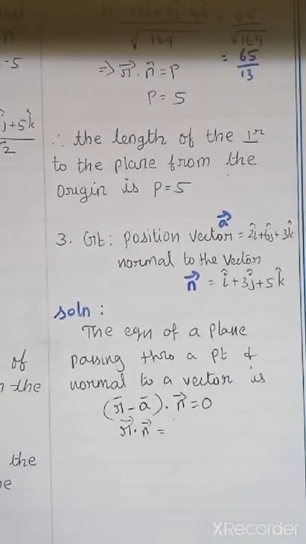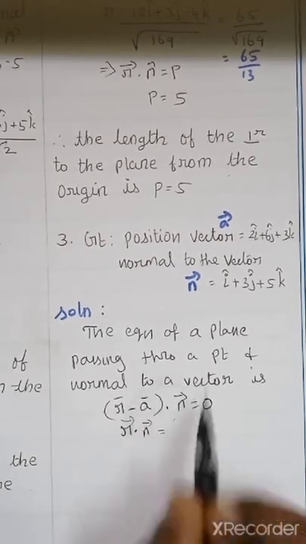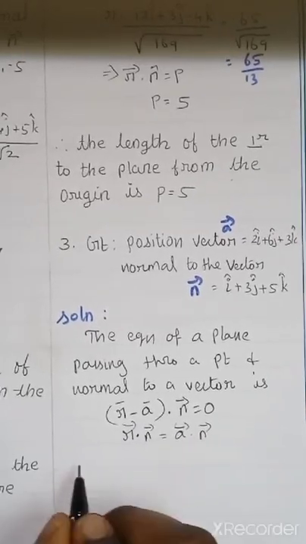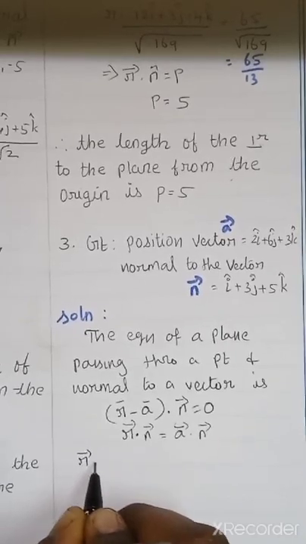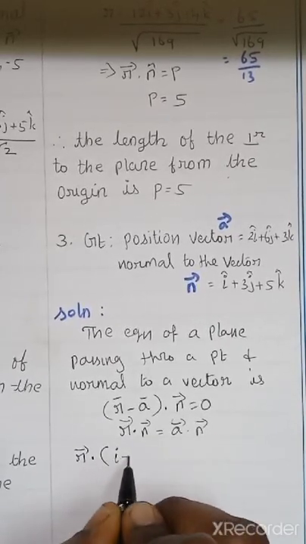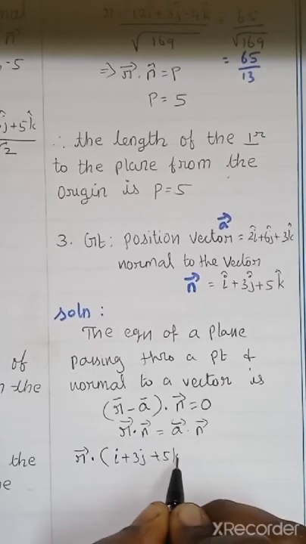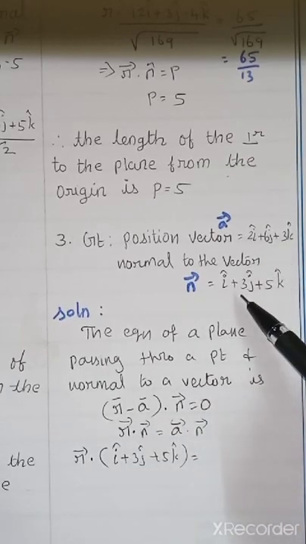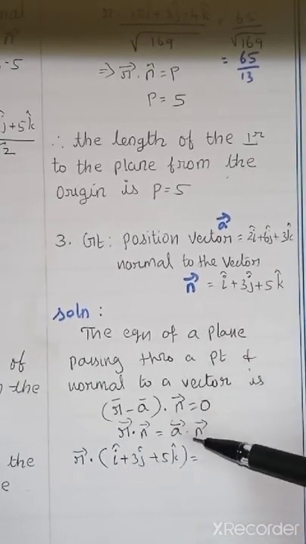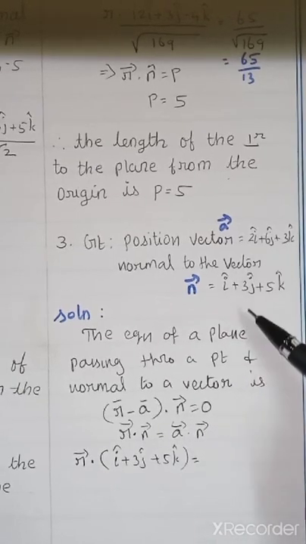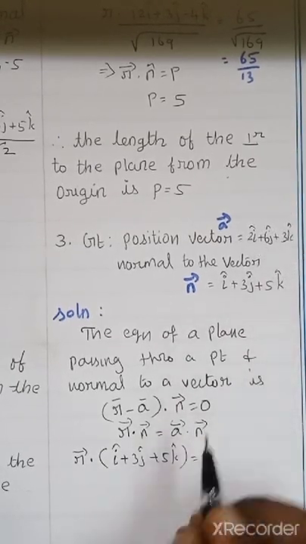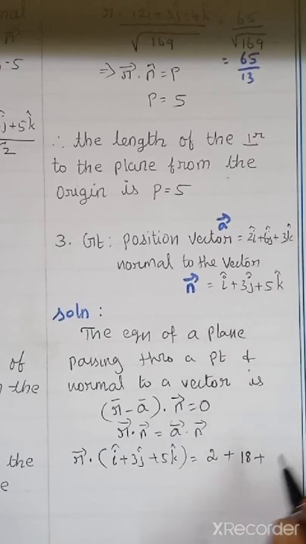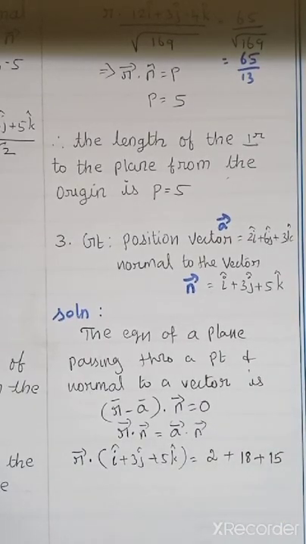and here what we want to find out is the vector and Cartesian equation, right? Okay, so r dot n equal to a vector dot n vector. Correct? So r vector as it is, dot, what is your n vector? i plus 3j plus 5k equal to, what is your a? a is this one, n is this one. Correct? So what we have to do is the dot product: i with i, j with j, k with k. Correct? So 1 twos are 2, plus 6 threes are 18, plus 5 threes are 15. Correct? So which is equal to